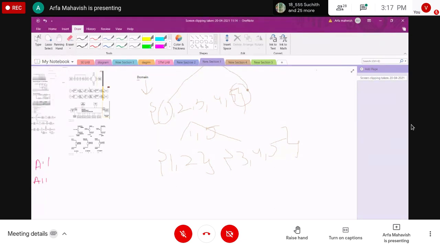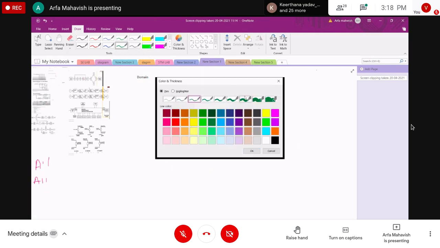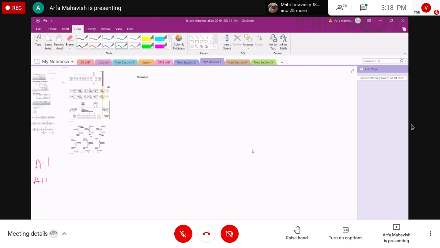Another example of a domain: if you take the value into I, here I is a variable of integer type.